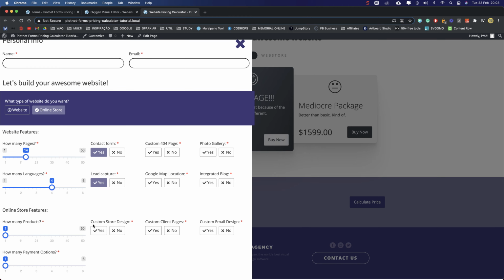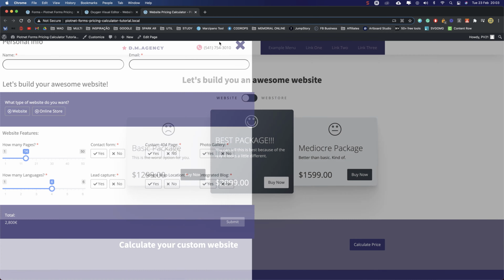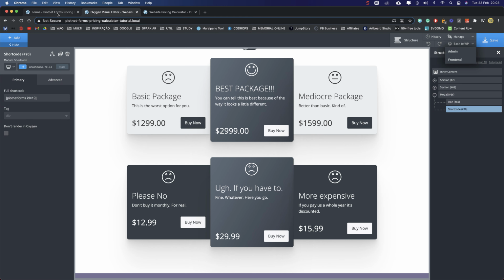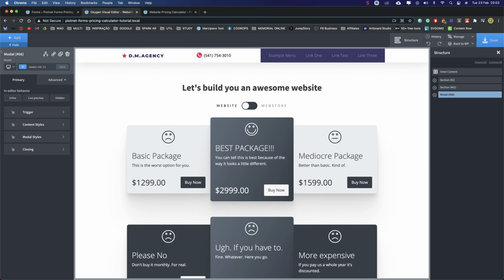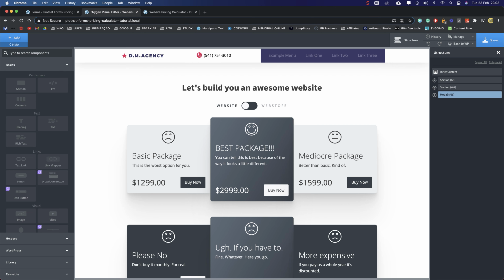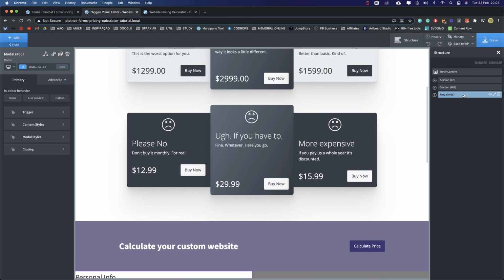Okay, we need to solve this. In my website, I'm not using a modal, I'm using an off-canvas, but I think off-canvas is exclusive to Oxy Extras. Let me see, add off-canvas. Yeah, we don't have an off-canvas built in Oxygen. So let's try to fix this with the modal.